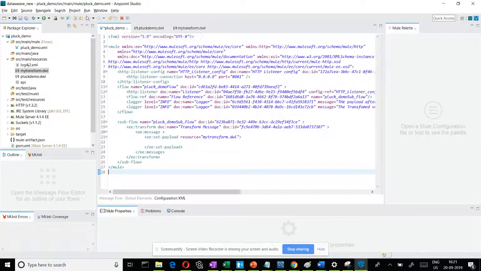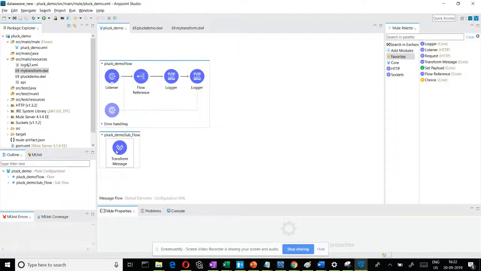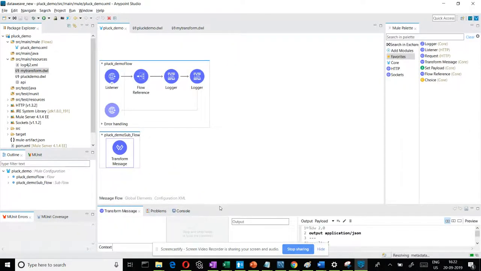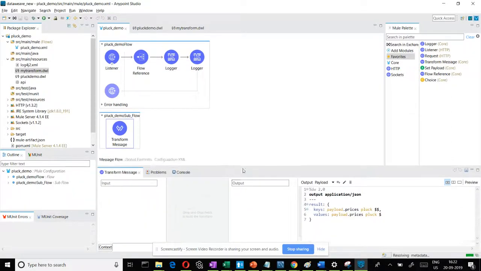Now save it, go to the flow, and click the Transform Message component. You are able to see the code. So this code is now pulled from the DWL file, not inline. So this way you need to externalize the DataWeave code to the DWL file,